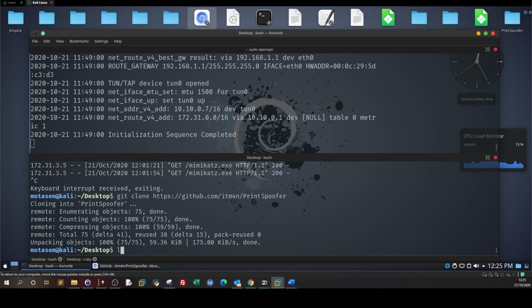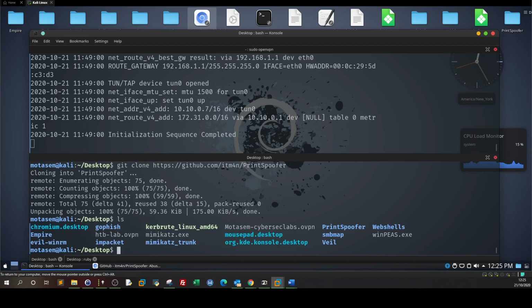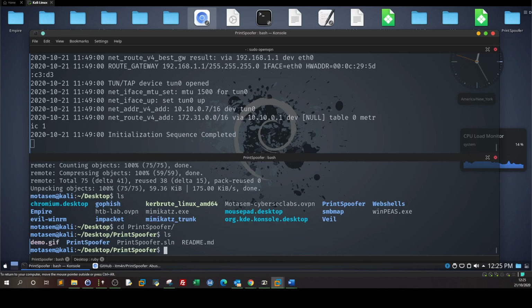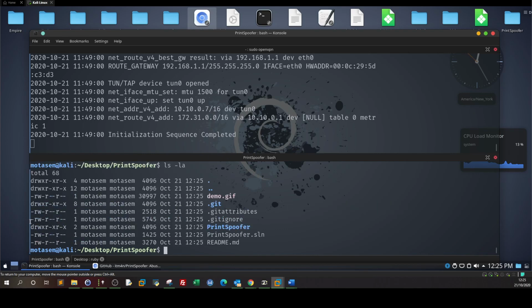Okay, ls. Now cd to PrintSpoofer. Okay, so we have the app here. Let's see the permissions. That is good. Now we're gonna upload this to